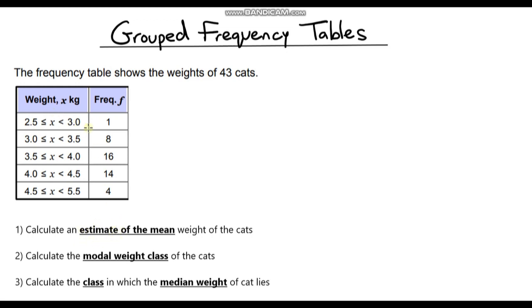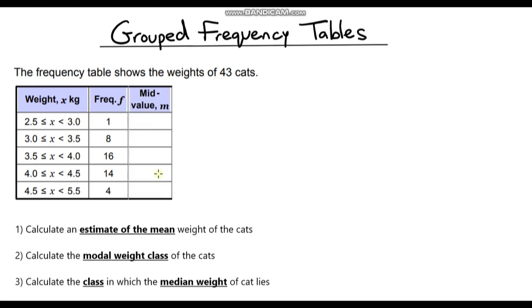So we know it weighs between 2.5 and 3 kilograms. The best estimate we can use for this cat's weight is the midpoint. So whatever interval we've got, we always take the midpoint of that interval. You can see here I've just made another column. If I write down the midpoints of each of our intervals, the first one is going to be 2.75 kilograms, and then 3.25,